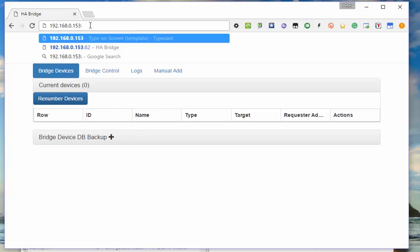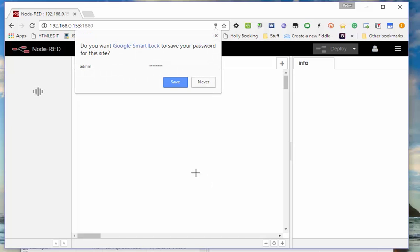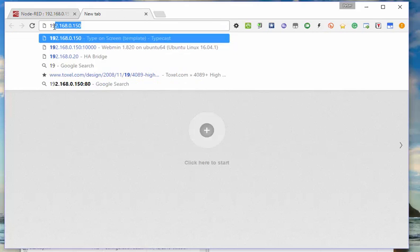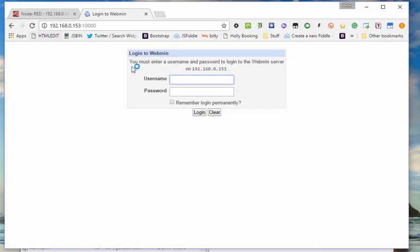If we go to port 1880, you'll see that Node-RED is up and running. And if we go to 10,000, you will see that